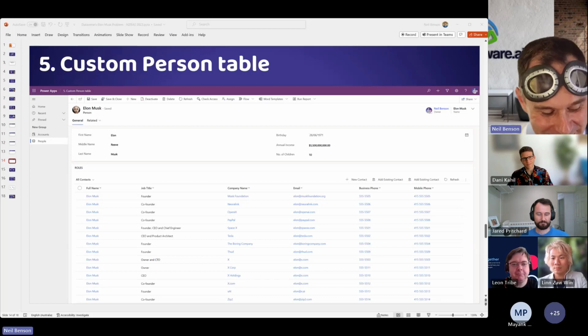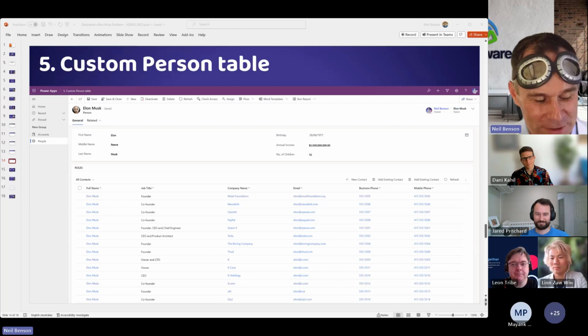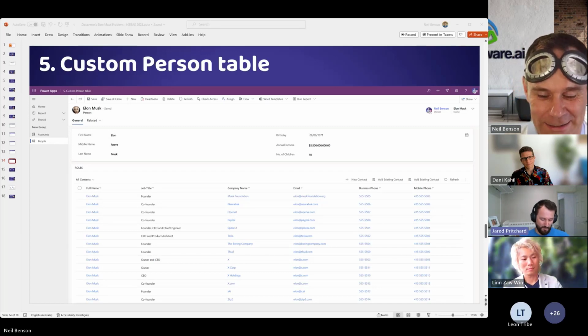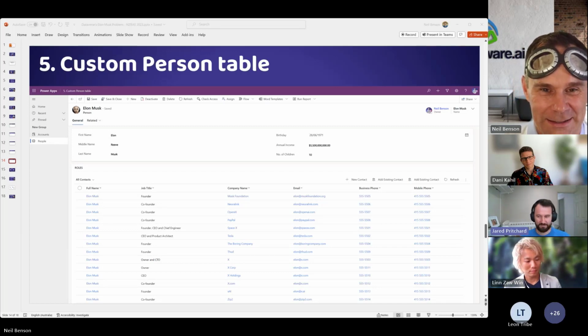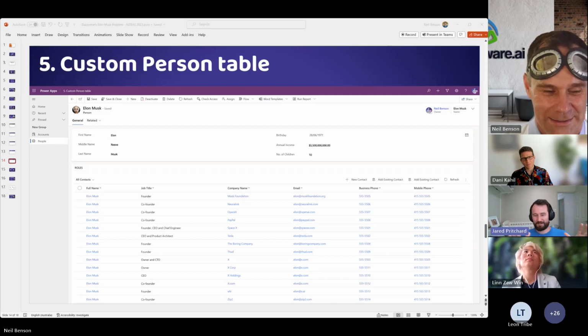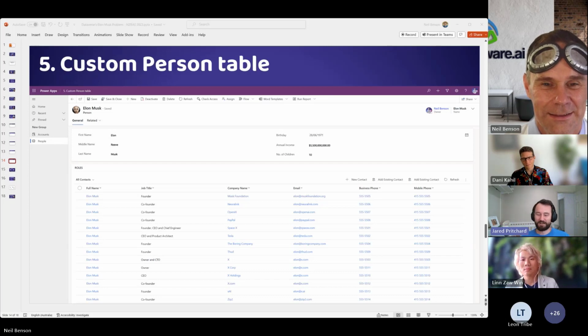Yeah, Jared, how are you doing? What did you decide to go with for your scenario in the end? Hey Neil, yeah. So we were looking at, or toying with, that idea of the self-referential contact. So the parent contact is the person, and the child contact is like the business cards of that person. Yep. Yeah, we steered away from that.